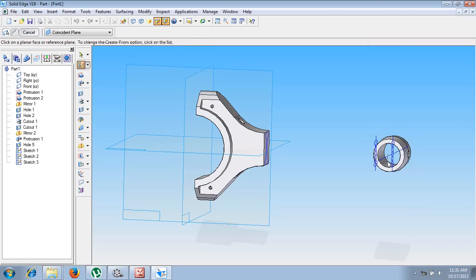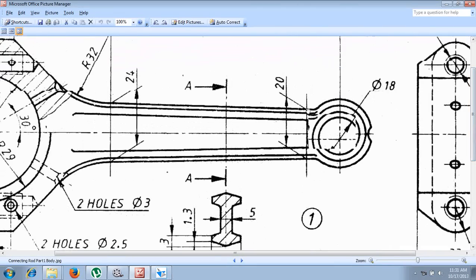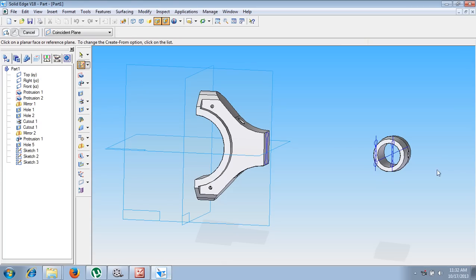Now this sketch and this sketch should be similar to each other, because this is also 20, this is also 20. Because you can see here, if I create 20 here and if I create 20 here without considering this section, what happens from here to here? It will become a different section. So that's what it will becoming a tapering. So we have to avoid the tapering from here to here. So let me create a same sketch at the two different places. Now we have created the same thing.